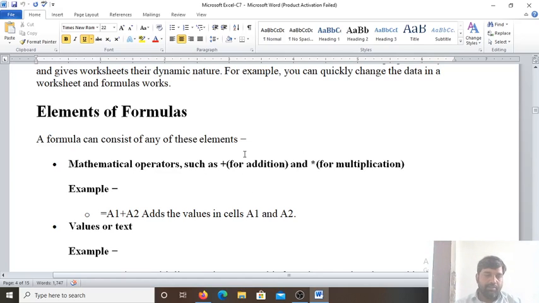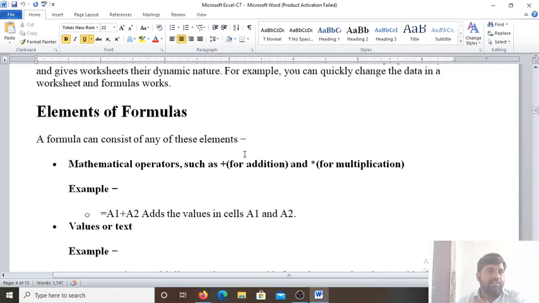So today we'll start a new lesson, lesson 3, advanced features of Microsoft Excel. In this chapter we'll learn the different components of the chart in Excel and the types of chart, how we create a chart, how we sort the data and how we filter the data.